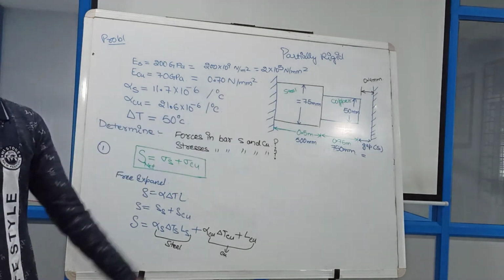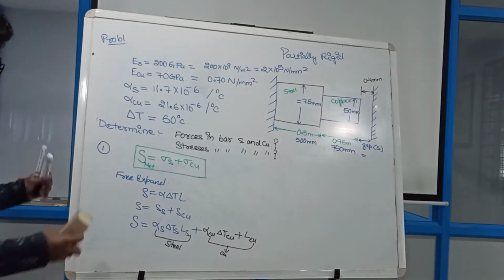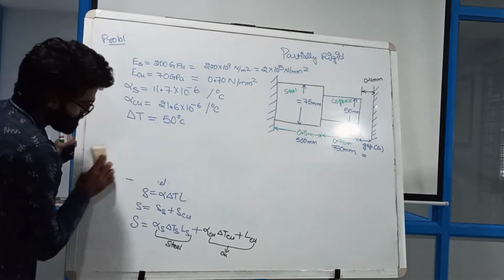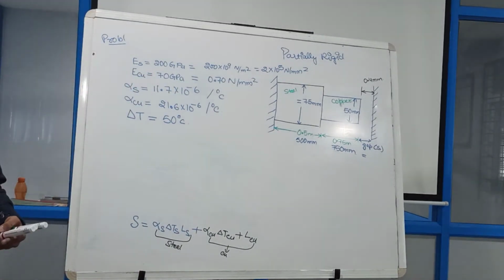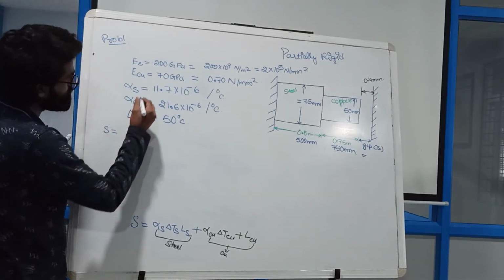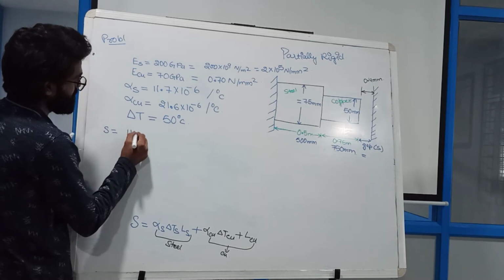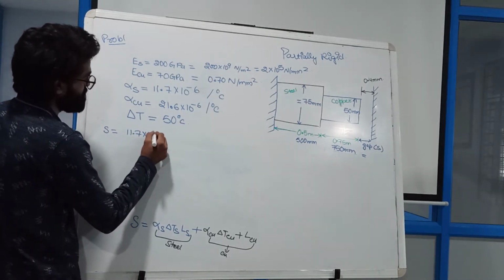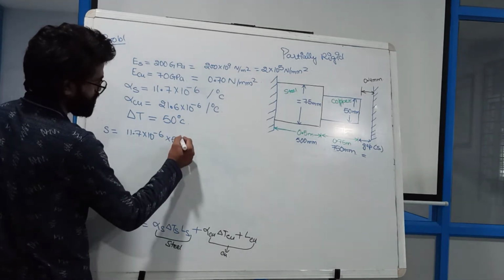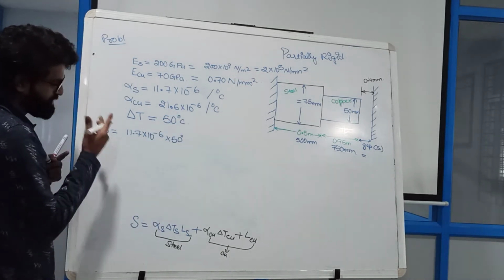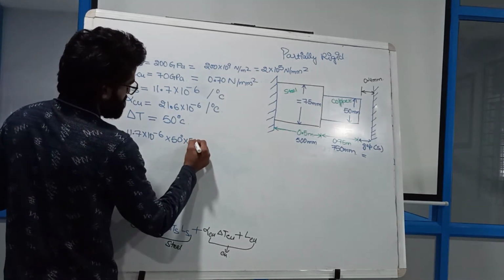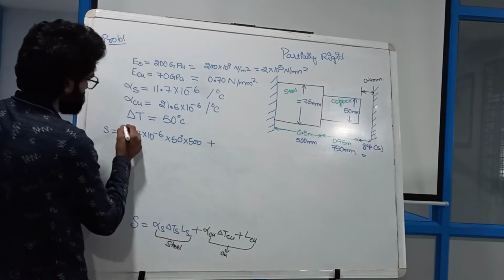Rest of all the things are in symmetrical units. So let us now solve my question and put my values here. So let us put the values. Alpha, as they have given me, 11.7 into 10 raised to power minus 6, and they have given me 50 degree, that is the temperature common for all, and into L of steel, that is 500, and plus